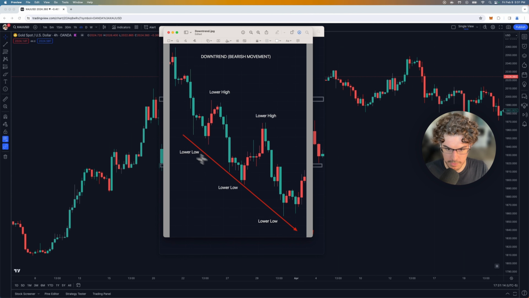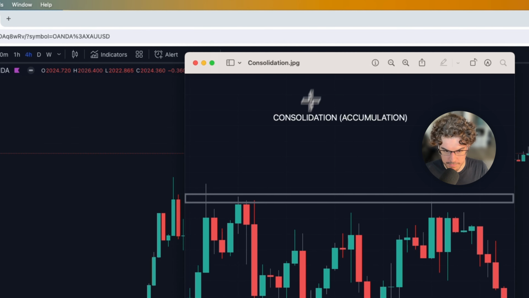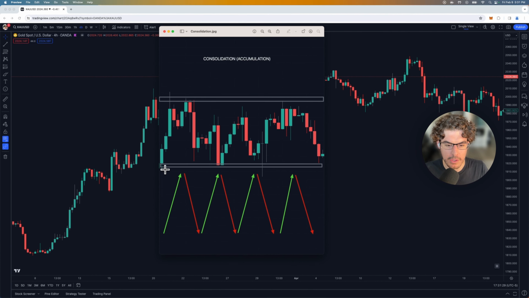You can just draw an arrow or just a trend line. This is called a trend line to the downside, and you will see how price is actually moving in that fashion. That's the downtrend. Lastly, we have the consolidation or accumulation phase, where basically you do move up and